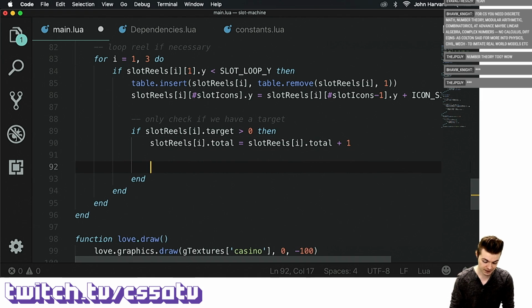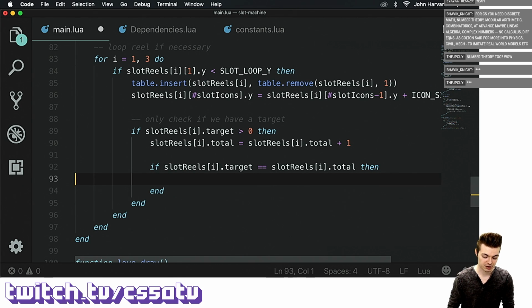And what I do after that is I say if slot reels I dot target is equal to slot reels I dot total. So this means that we've looped the number of times that we've targeted for that reel after we've slowed it down. So once that happens, we can say slot velocities at I dot y is going to be equal to 0. And then